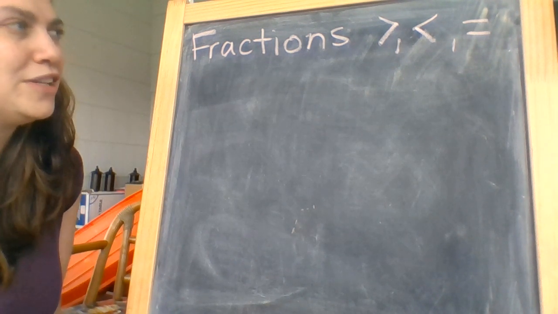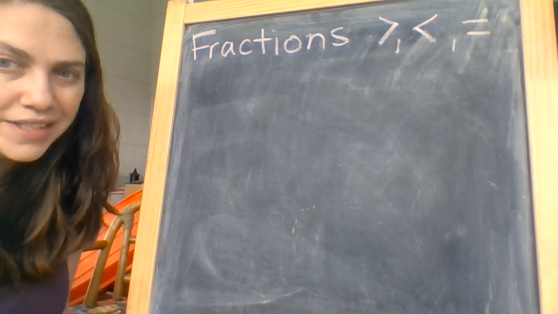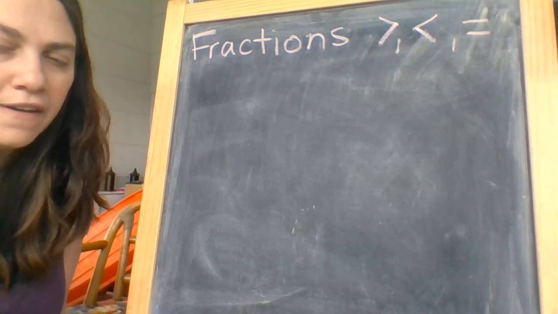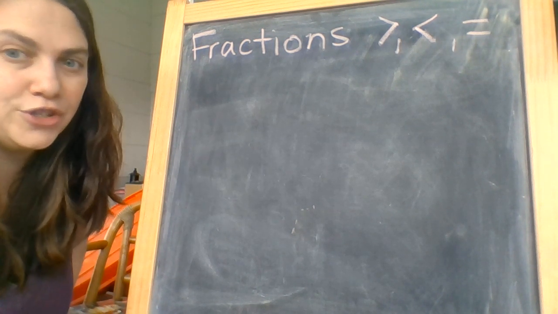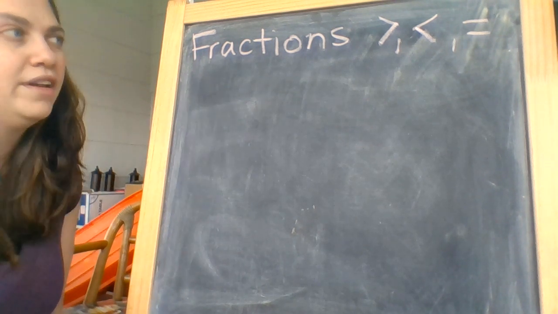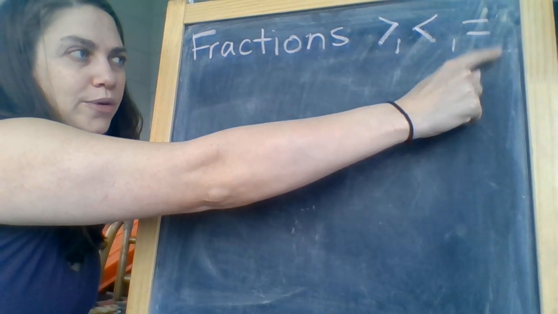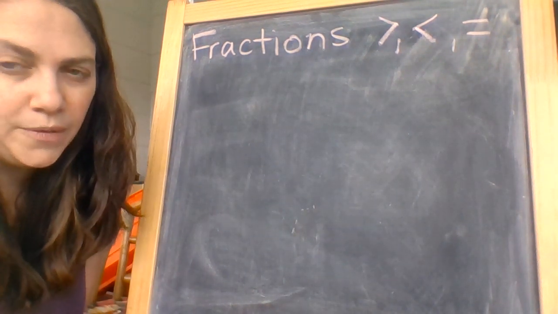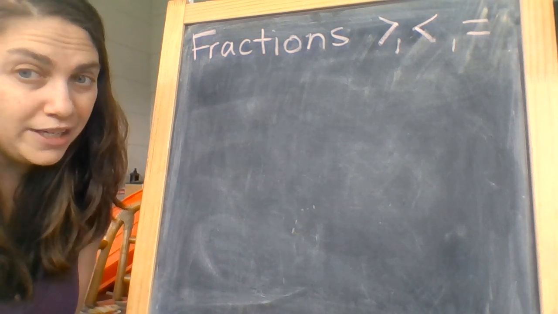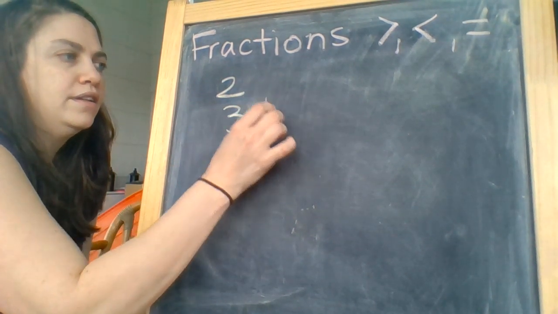So let's compare fractions. Remember, a fraction is a number that is smaller than a whole. It's part of something. It's a piece. Like if you're making brownies, I need half a cup of flour or half a cup of sugar. That's less than one whole cup. Okay. So these symbols, greater than, less than, equal to. I'm going to show you a couple different ways to compare these and justify it on a number line or with a picture. So let's compare 2/3